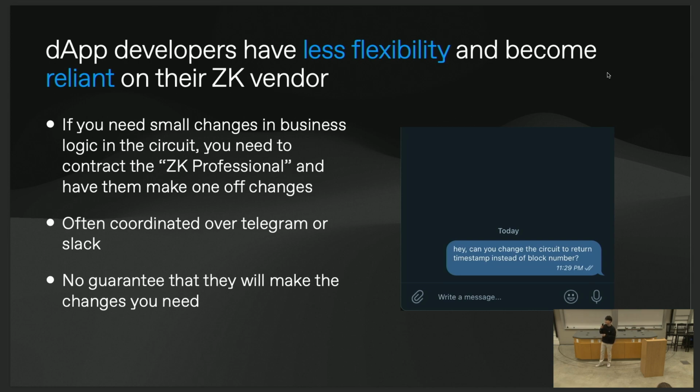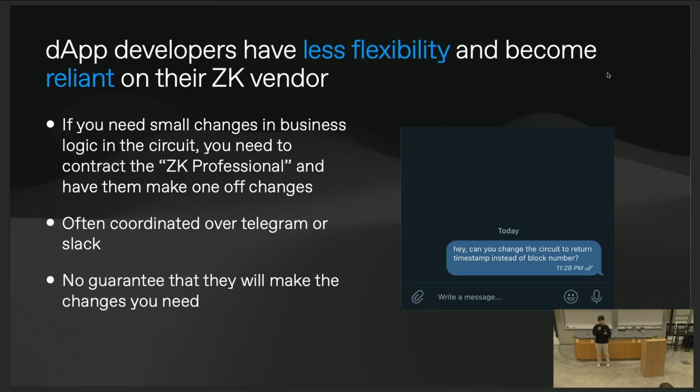The result of this is that dApp developers, in my opinion, fundamentally have less flexibility when they're trying to use ZK in their apps, and they become super reliant on their ZK vendor. At Succinct, we've experienced this multiple times, where we have this ZK light client circuit for Ethereum. The really powerful thing about ZK is that because it's a succinct proof of computation, if there's additional computation that the end customer wants to use in their ZK proof, it would be really nice to be able to add a few changes to your circuits even after it's already deployed. The way this usually works is that they realize this while trying to integrate our system, and they DM us over Slack or Telegram, and they're like, yo, can we stuff this in there? Or can you change it to output this thing in a different format?